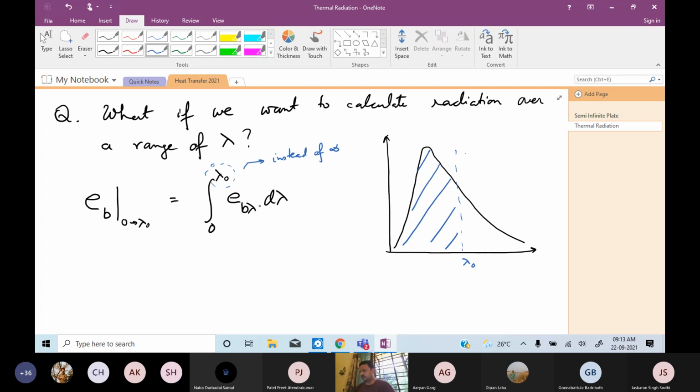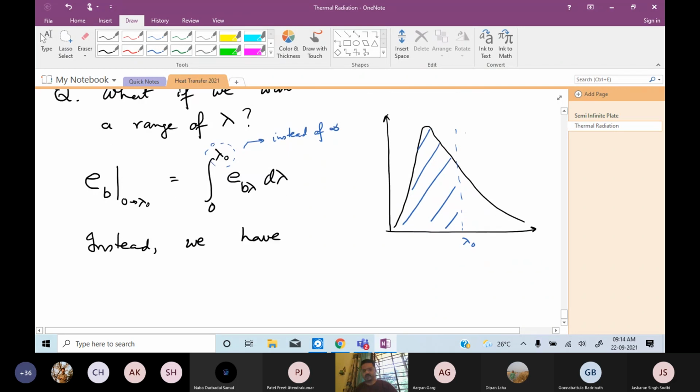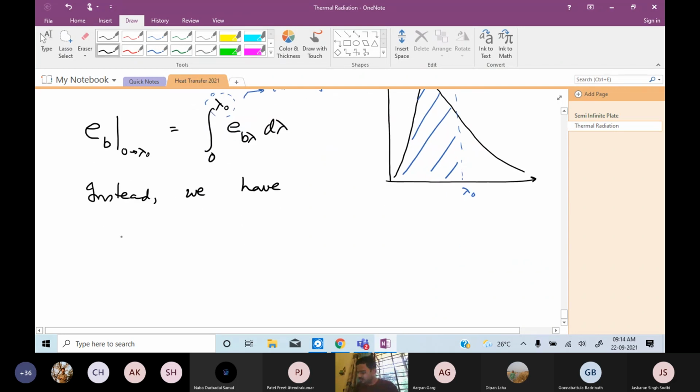So it is possible. But some of our predecessors have made this task easier for us. I mean, what I've written here is not wrong, but instead what we do is we have these terms. I am denoting it by D; in some books it may be something different. D 0 to lambda is given by